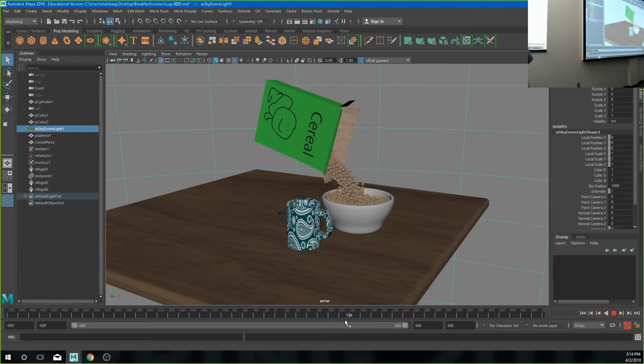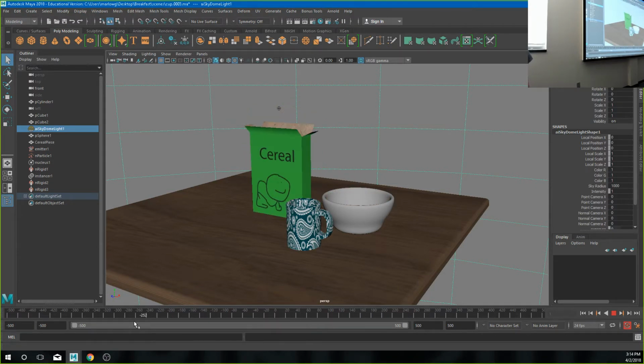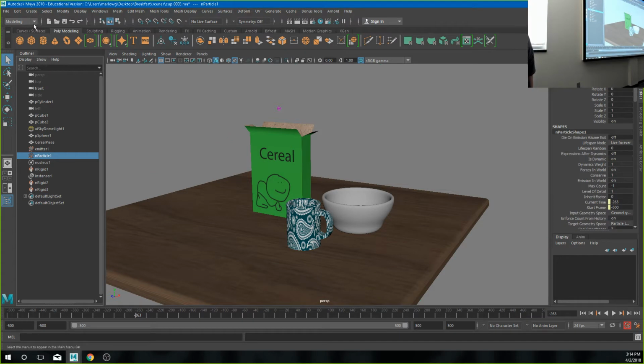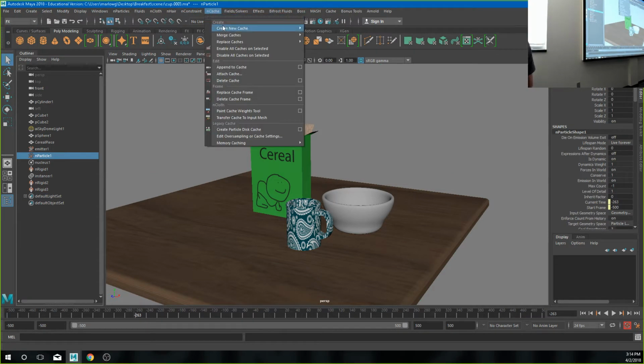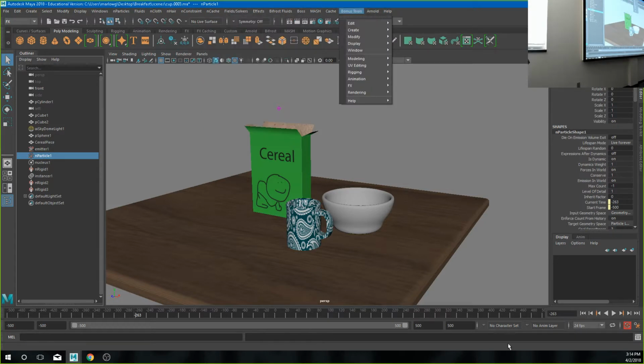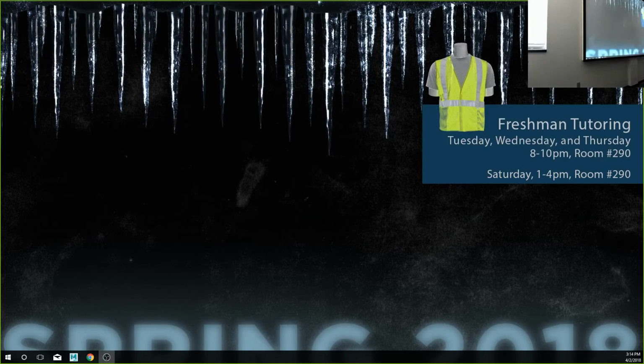And the reason I'm able to scrub through mine is because once I got that simulation, I selected the nParticle one, and under effects, I went to nCache, and then I created a new cache. I think it's create new cache in object. So you can see the previous video for all of that. If you want to see what that created,